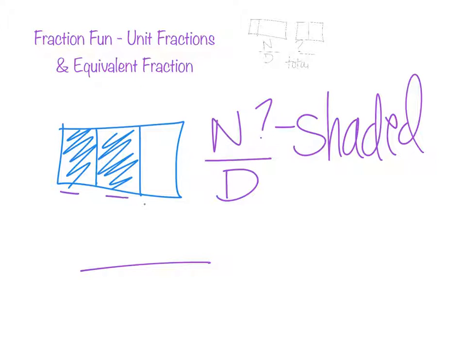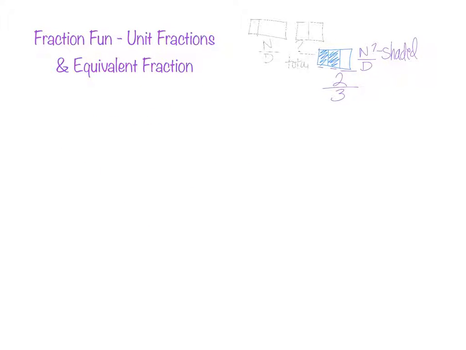So let's start. Well, this one's really easy because it's small. My denominator would be 3. And how many parts were shaded? 2. Excellent. So 2/3 is that fraction. Okay? Simple. Simple enough. So what would be